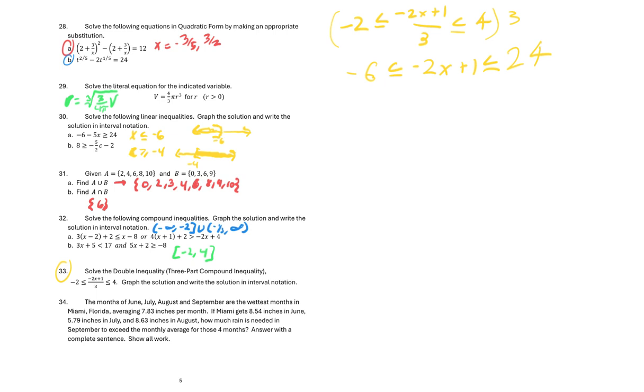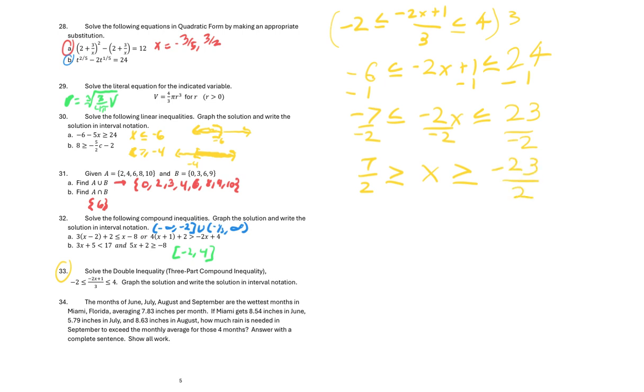Now I want to start solving. So first thing we're going to do is subtract 1 from each part. So this is going to be negative 7, less than or equal to negative 2x, which is less than or equal to 23, right? So now what we want to do is divide everything by -2. But since we're dividing by a negative, we're going to also flip our inequality signs. So -7 divided by -2 is going to be left with 7/2, which is greater than or equal to x, which is greater than or equal to